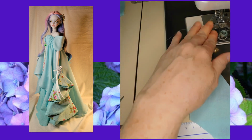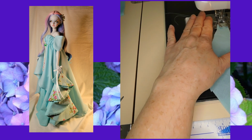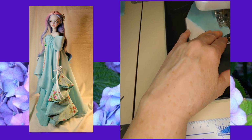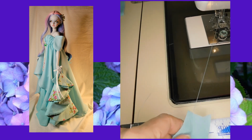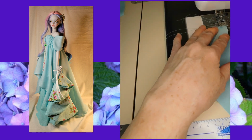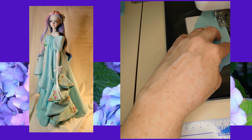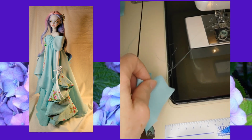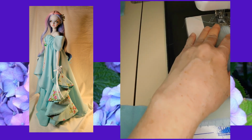The other option that I'm going to be using today is to sew separately. It's a little more work, and we'll do our 2 lines of basting on the bottom layer, the underskirt layer, here. There we go. And give us plenty of thread to hold on to. Then of the overlay,